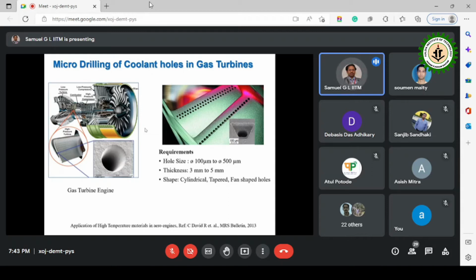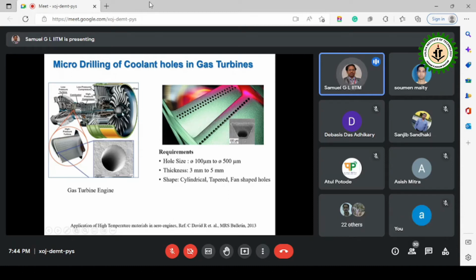And nowadays we have 2 jet engines mounted on the wings, and even if one fails, if the pilot has the skill, he can drive the aircraft and bring it to safety. But still, the highest reliability is expected from these jet engines, and they are very complicated. And in this,